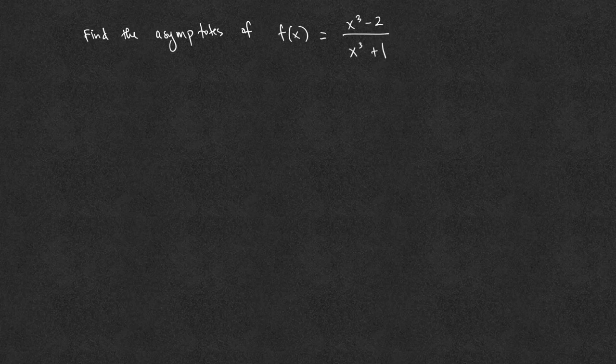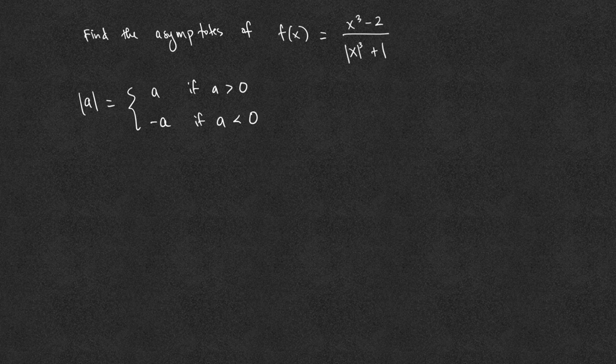Find any asymptotes of f of x equals x cubed minus 2 over the absolute value of x cubed plus 1. With any expression with the absolute value, we first need to rewrite it using the piecewise defined function. Keep in mind that the absolute value of a is a if a is positive or 0, negative a if a is negative. Thus the function f of x is x cubed minus 2 over x cubed plus 1 if